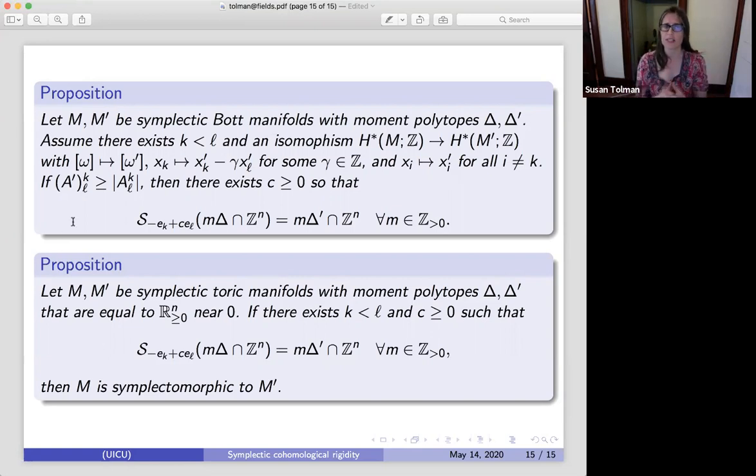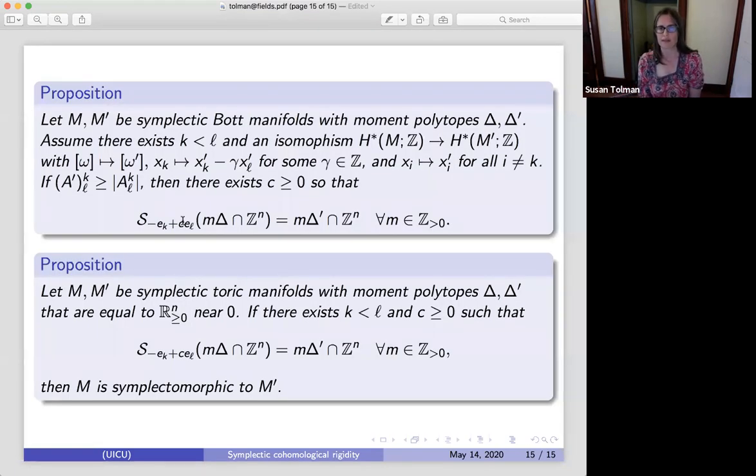Remember, these were associated to these strictly upper triangular matrices A. So if the KL coordinate of the A prime matrix, the matrix for M prime, is bigger or equal than the absolute value of ALK, so it's just sort of an annoying technical condition, then there exists